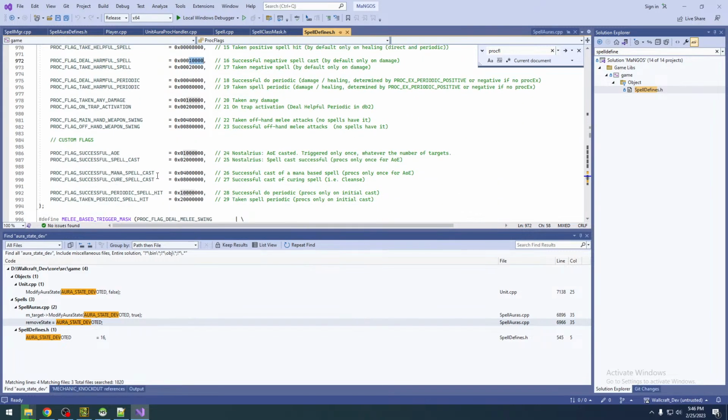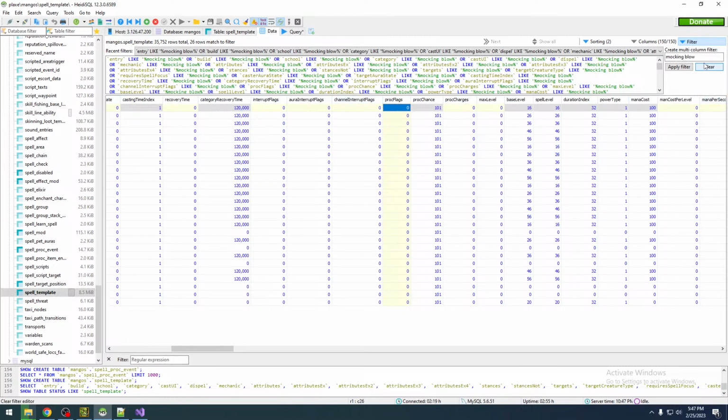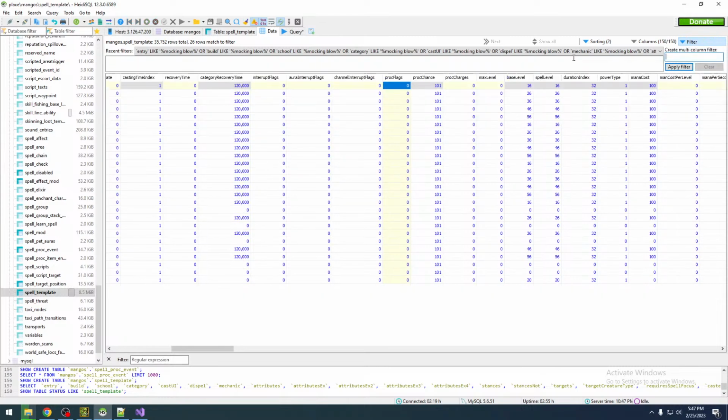There's a few custom flags. They're slowly being phased out in favor of just handling it correctly in the core instead of using custom flags for these cases. But I still do use them myself, so likely I won't be removing them from Wallcraft, just VMaNGOS will. But these are the proc flags. So you'll see some spells will have proc flags indicated. In fact, we'll take a look at